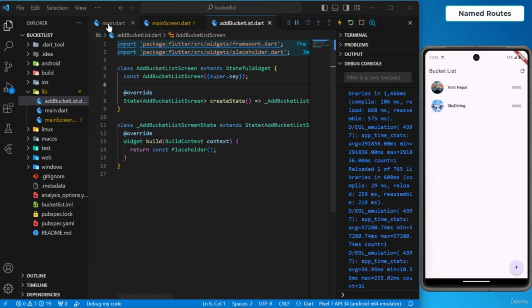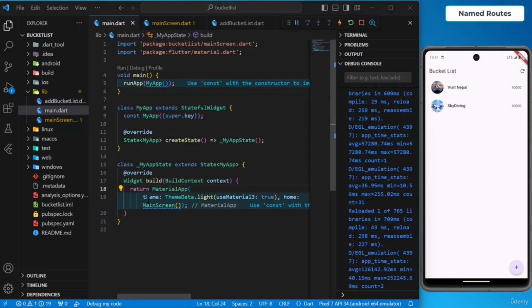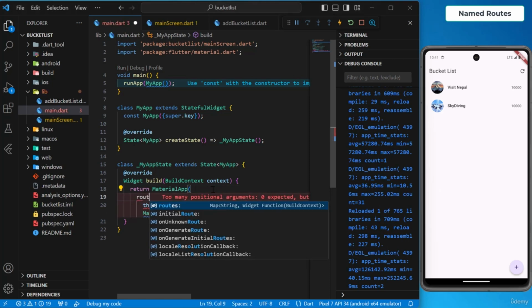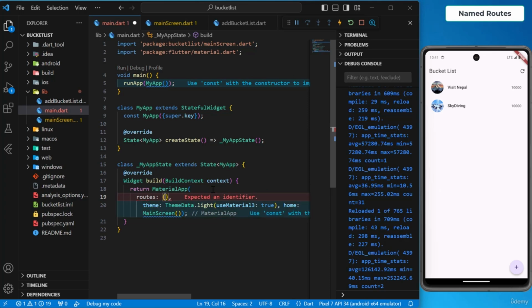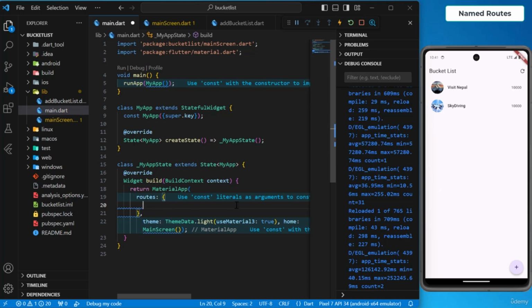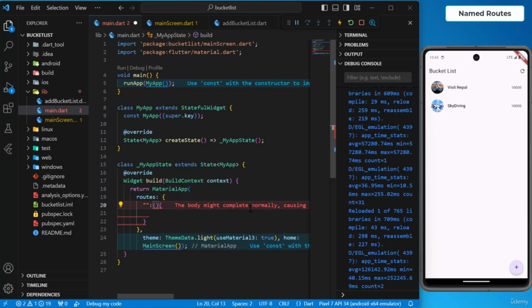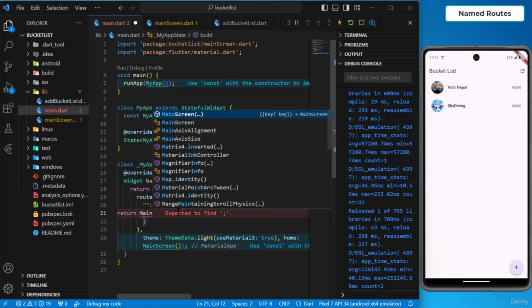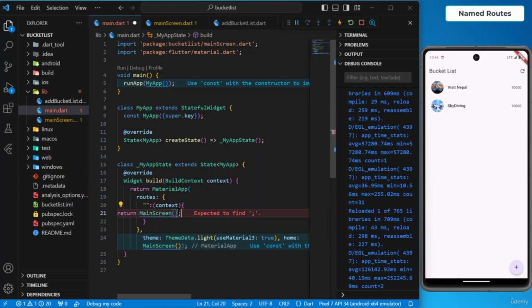So for that, let's navigate into this main.dart, and for using named routes, we need to declare routes in our material app. So let's use this argument routes, and this routes is a map. So we'll be starting with these curly braces as it is a map, and this will have a key and value pair, and the key will be a string and the value will be a function, and this function will have a callback value context, and this function needs to return a widget. So return, and then we can return the screen over here, so main screen. All right, and now we need to define a name for